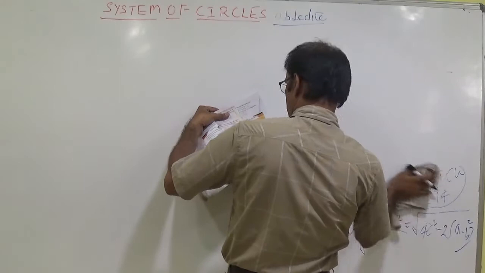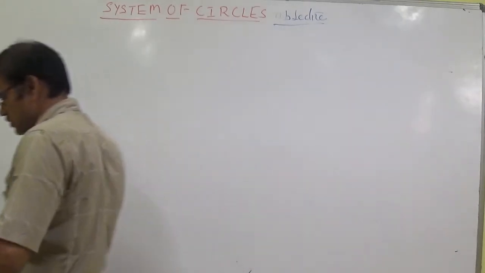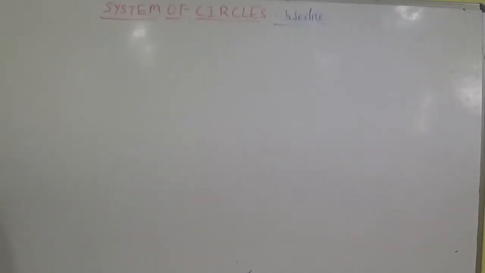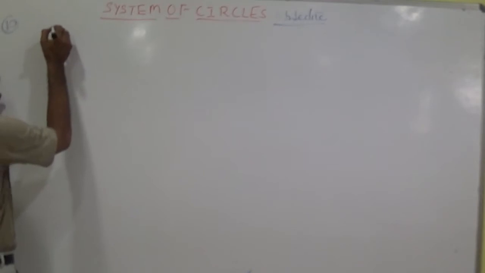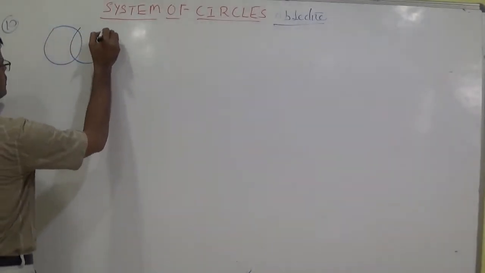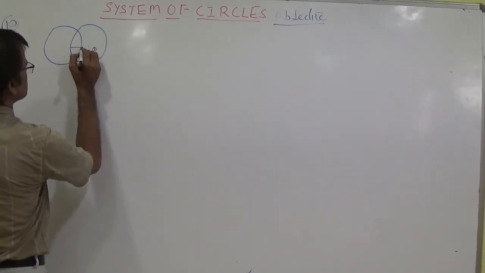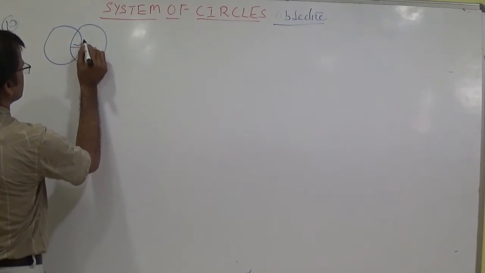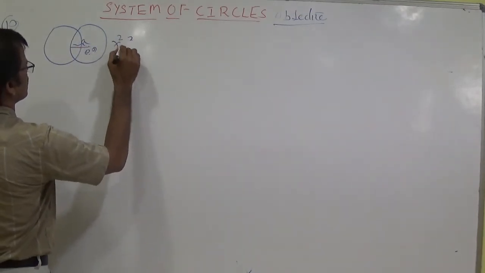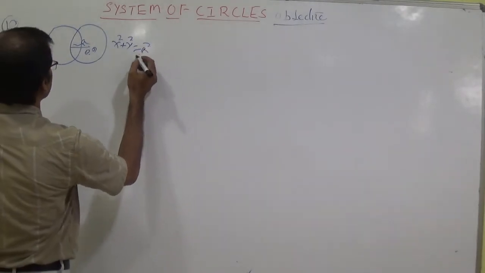Then the locus of its center. So what is the locus of the center of the required circle, which is orthogonal to the given circle and passing through the point (a, b)? CUQ 10th question. Let us draw the circle like this. This circle's center is (0, 0), because the equation of the given circle is x square plus y square is equal to a square.